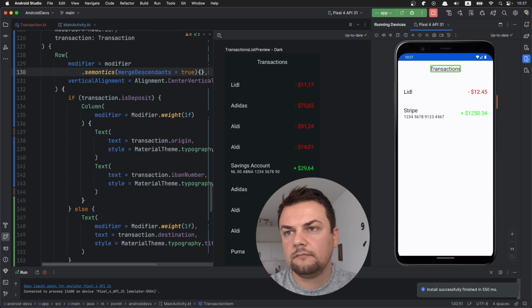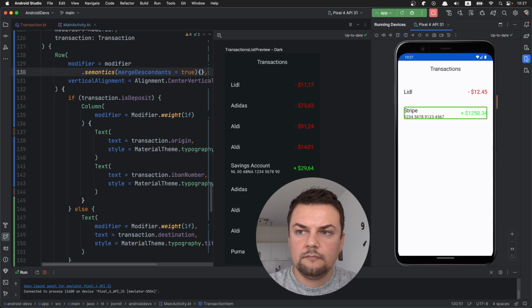Android devs. Transactions. Actions available. Legal. Minus $12.45. In list. Stripe. 1, 2, 3, 4, 5, 6, 7, 8, 9, 1, 2, 3, 4, 5, 6, 7. Plus